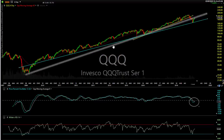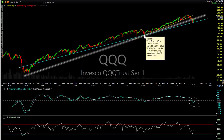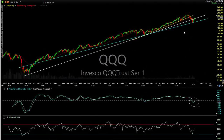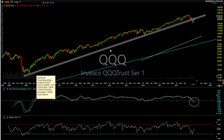And then I have, of course, this one, which comes in, cuts that low in March of 2009, and catches the reaction low back here in early 2016. And then also, and I'm referring to the white trend line here, I'll move it around so you can see a little better. Let's pull those other ones away. All right, so you can see that's clean. This is our